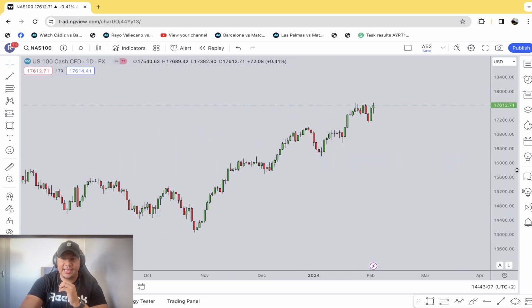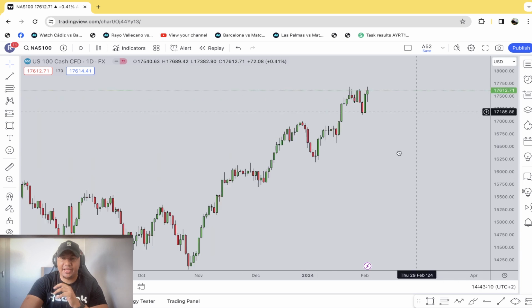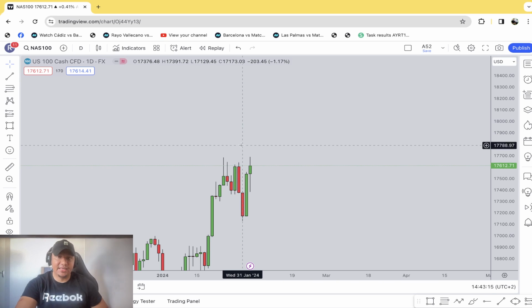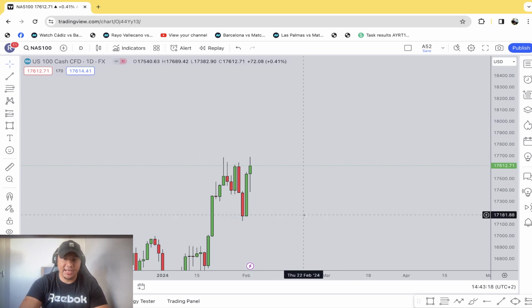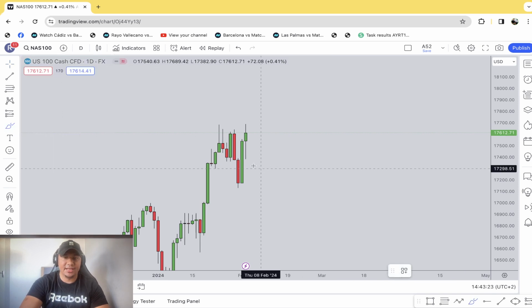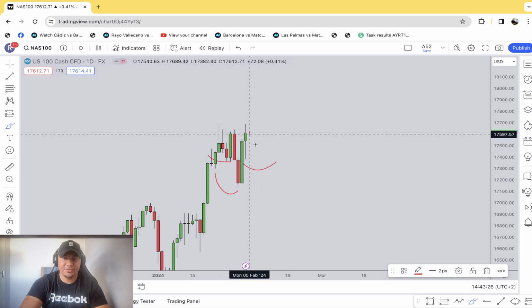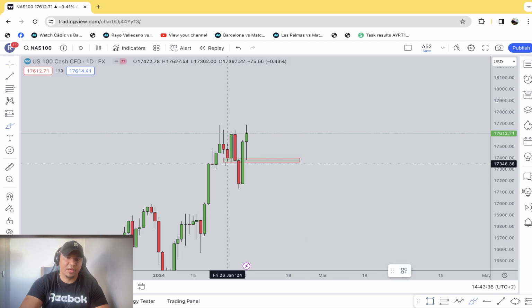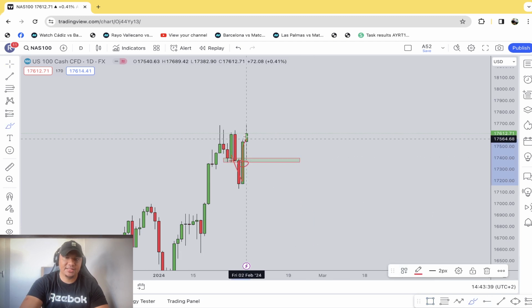Next up, we do have the NASDAQ. Now, the NASDAQ still has not been able to break out. So I would say that because of the negative correlation between the index and the NASDAQ, I do expect the NASDAQ to pull back this week. We could potentially see the market complete this inverse head and shoulders pattern over here, which is considered a bullish pattern from a technical perspective. But I would expect the market to continue lower based off where it is now, because we had support over here. The market broke below support, came back, tested it as resistance, broke above resistance, and is now testing the previous resistance. A pullback is expected in this market.